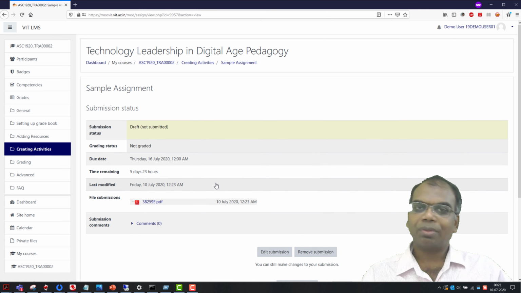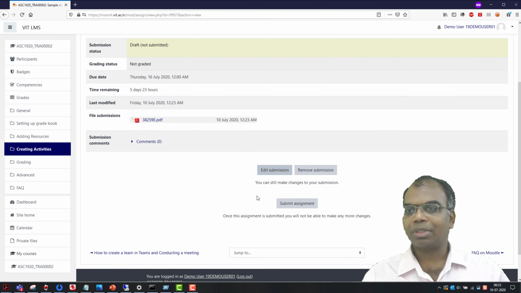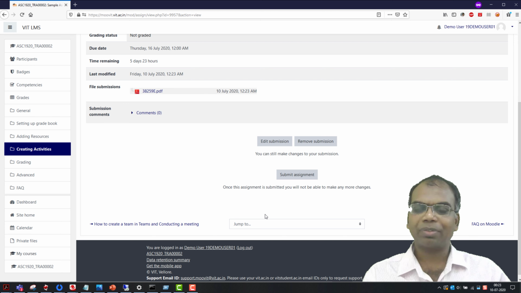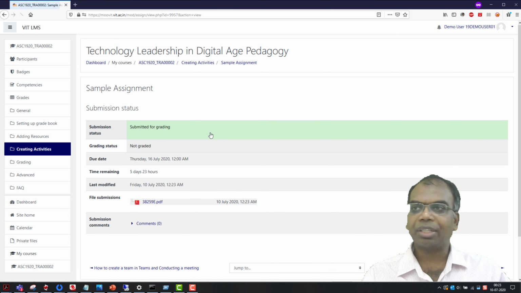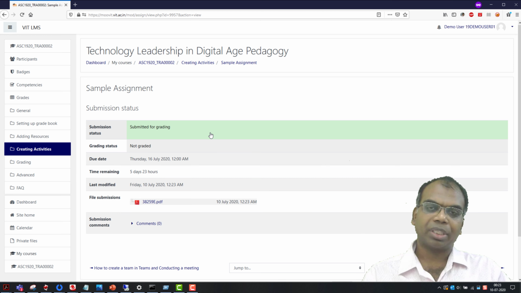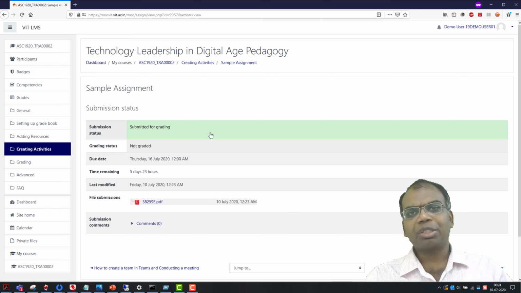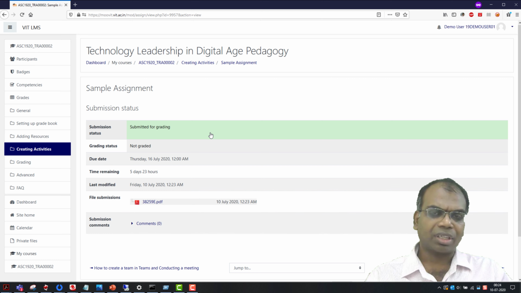Now the faculty member has given a mandate that you have to very specifically give the submission. Now you give submit assignment. Only then you also accept the statement. Now when you give continue, you get to this page. So if it is insisted that you have to make the submission, make sure that your submission is not in the draft stage.